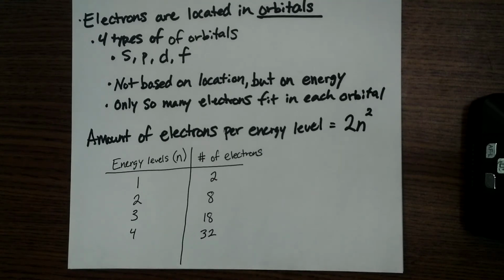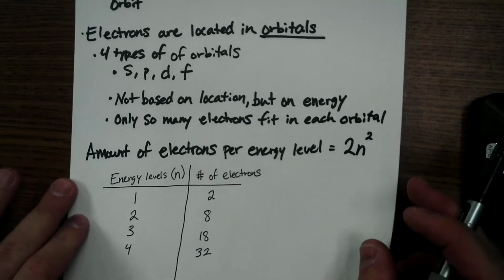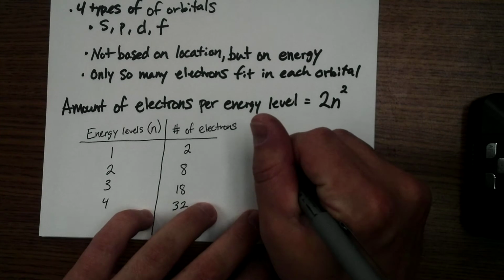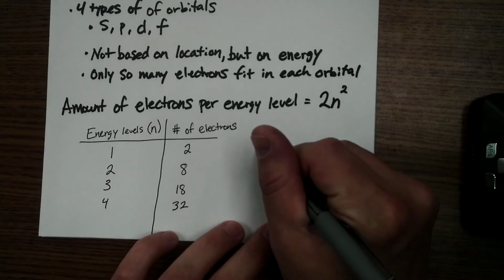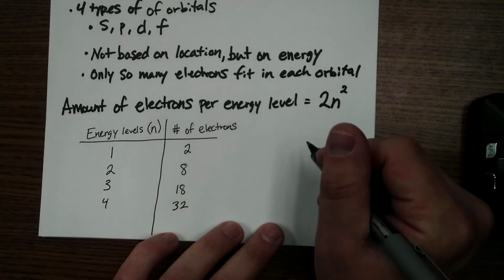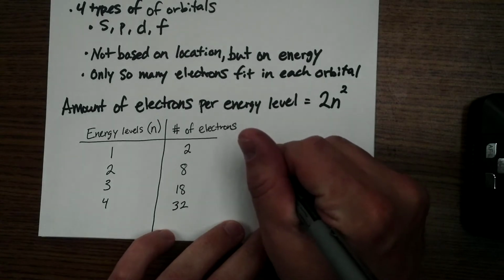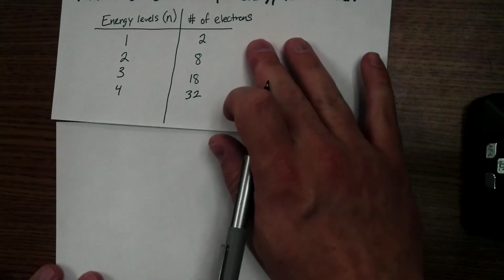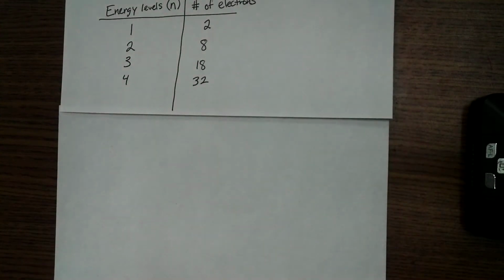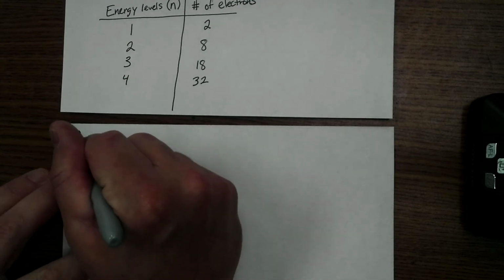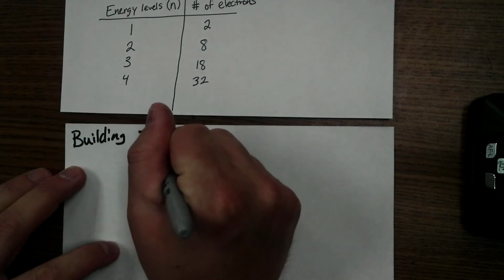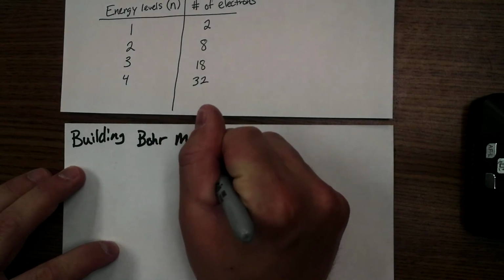All right? Now, some things to note here for the Bohr model, I guess we can add it right here. When we're building Bohr models, we have to fill from the inside out. We're going to add a new piece of paper here. I'm going to slide this up a little ways so you can look at that. Okay. So some special notes here is that when we're building Bohr models,